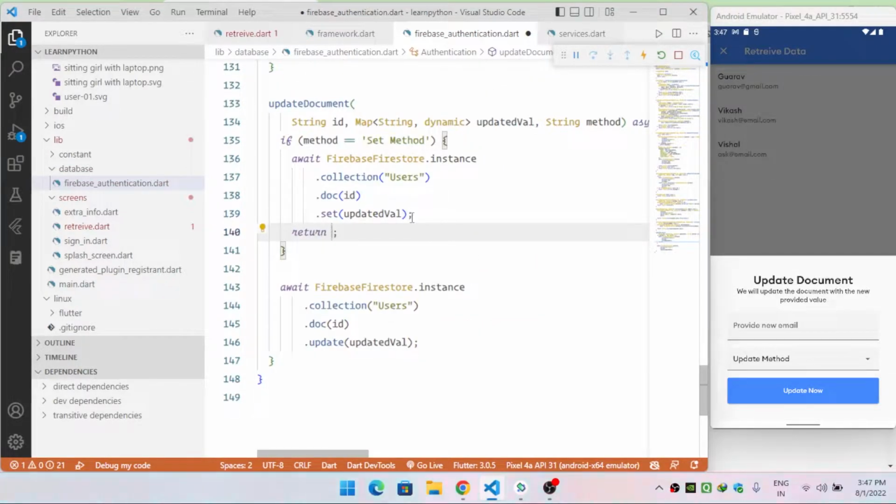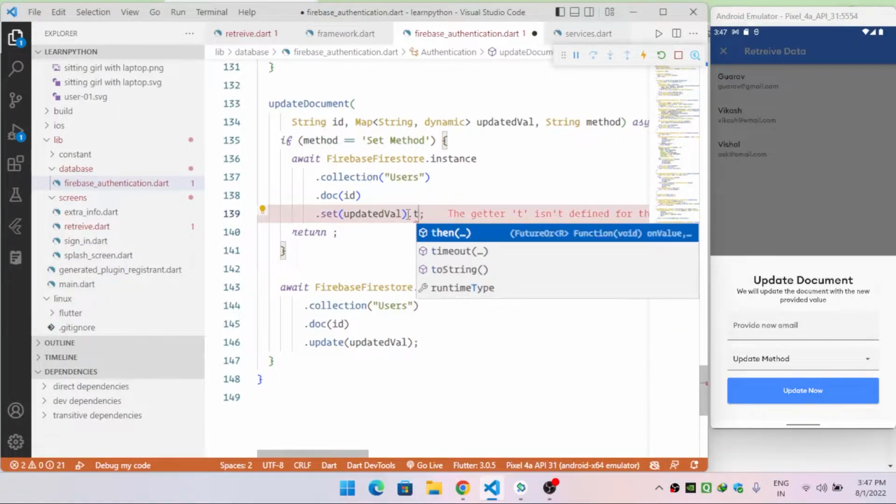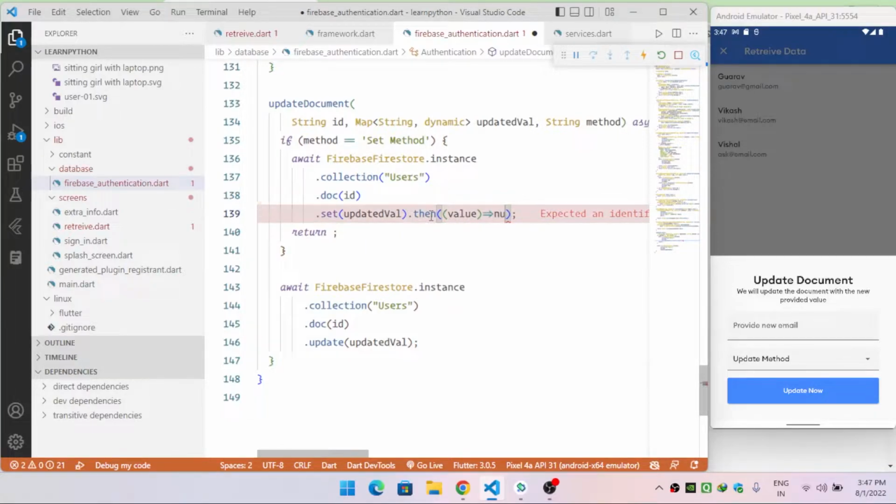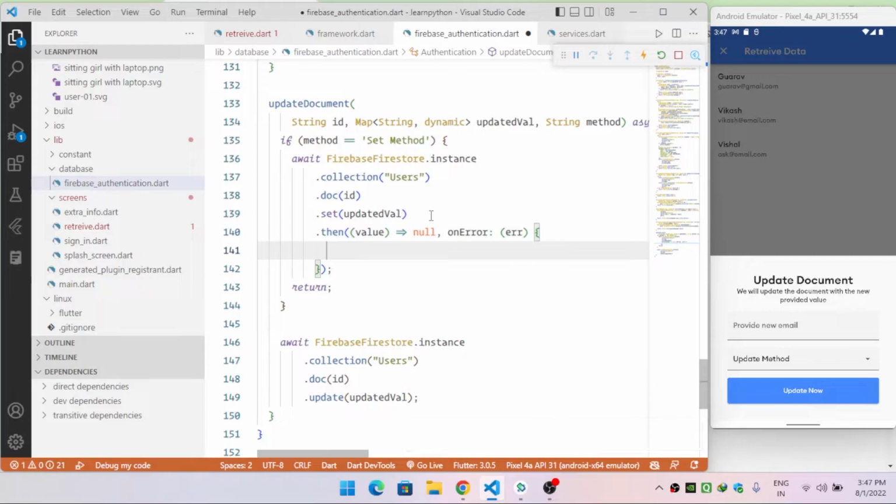So now when the set method is done, first we will check then, if null, then we will simply return null. Otherwise, if any error happens, we will simply call the error, and then we will return. Then what we will do, we will create, if any error happens, if our data got successfully updated, we will simply return null,